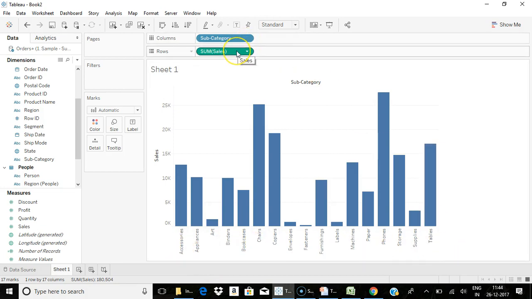Your sum of sales is a continuous value because it is a decimal value and it is not that easy to count decimal values. For example, if anyone asks you how many numbers are there between 1 and 2, we cannot answer because it goes to infinity. Something which is not definable is termed as continuous. So discrete values are indicated by blue color and continuous values are indicated by green color.